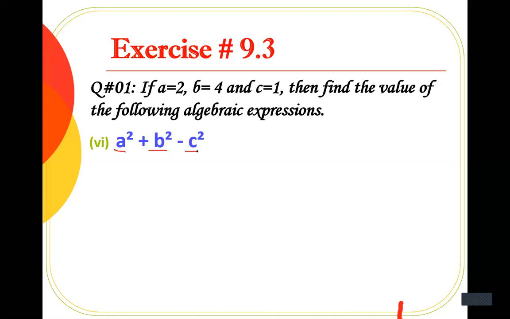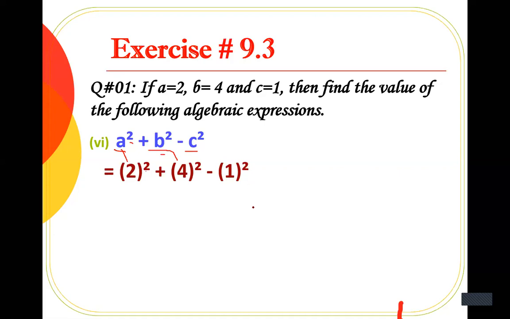So what you will do, you will replace a, b and c with the given values, but you will write the values of a, b and c inside the bracket. Then you will write your exponent there. So this is the way to write it down. You will write first a bracket, then the value 2, then close the bracket, and on the top of the bracket you will write 2. Then plus, then bracket, then the value of b, then close the bracket, and then the exponent 2, then the sign of minus, then bracket, then the value of c is 1, then close the bracket, and this exponent.